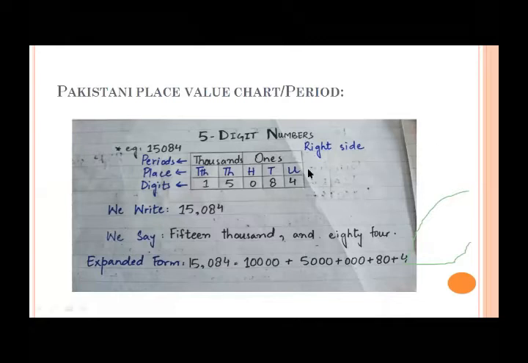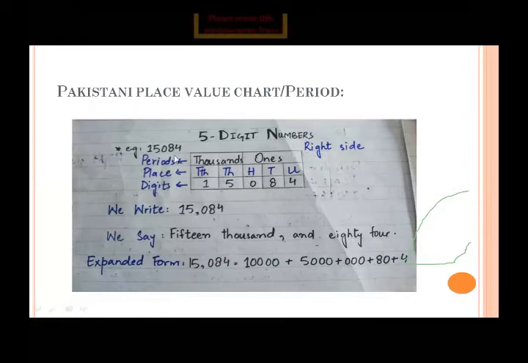So I already told you that we always start reading from the right side, but always start writing from the left side. So here your number is 15084 or 15,084. We don't read it like 1, 10,000, 5,000. No, this is the wrong way, because both the 1,000 and 10,000 come under the group of 1,000. So we read it like 15,000. Is that clear? Okay.